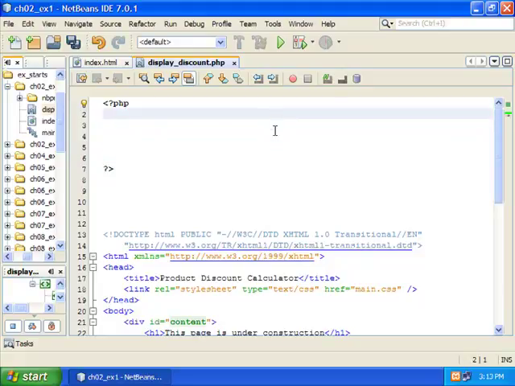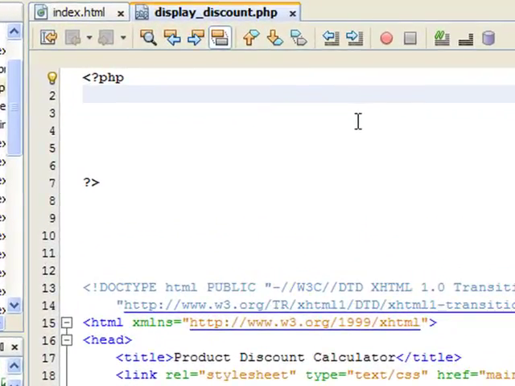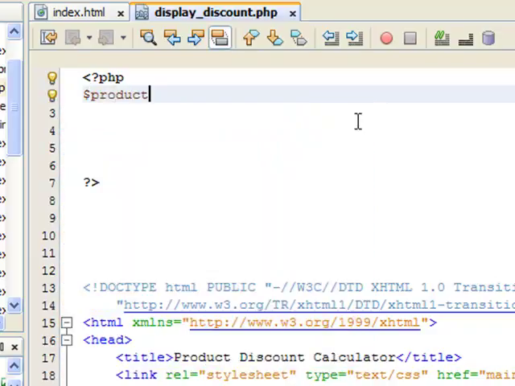The first thing that it asks you to do is to define three variables and get the information from those three input fields or text fields from the previous page. Well, all string variables in PHP start with a $ sign and call them something that is meaningful. There's different naming standards you can use here. The book tries to stick as close as possible to the names as they're described in the input boxes. So we're going to start off by saying $product_description